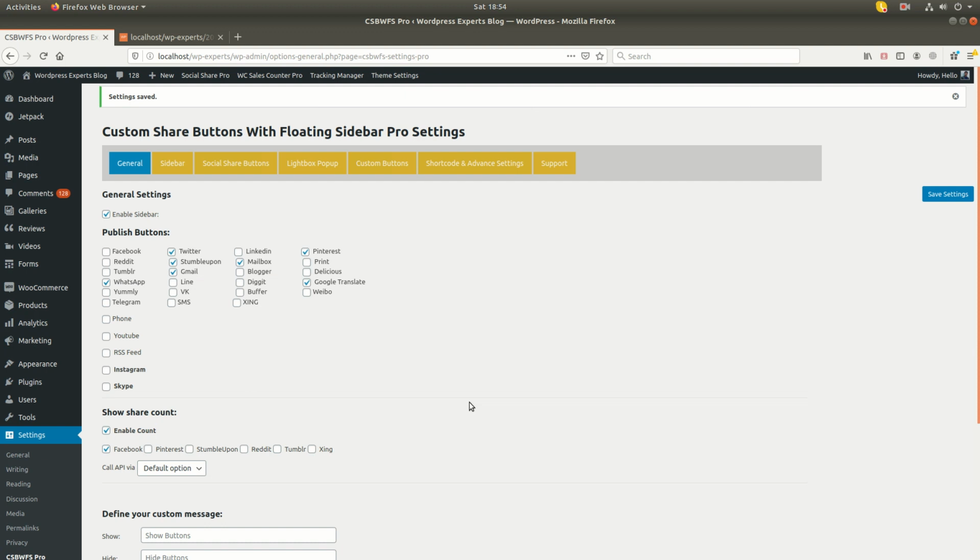Something like this, we have not used any coding within our plugin. So there is no hidden script, there is no hidden external or large library, so it never affects your website speed. It will look like a very lightweight plugin.